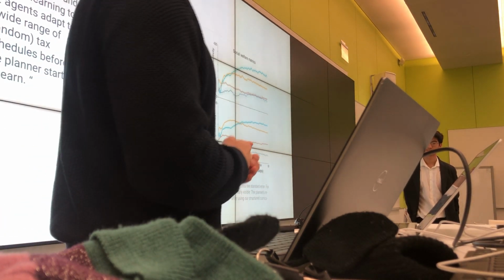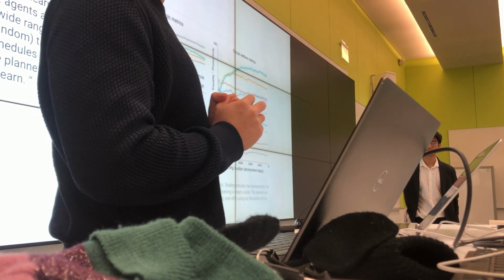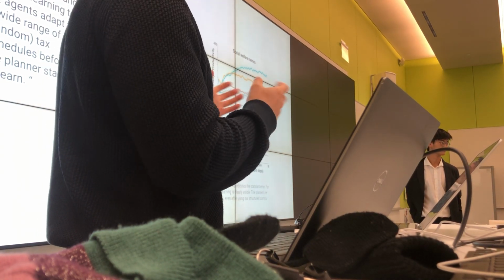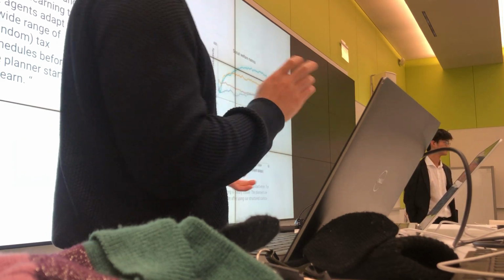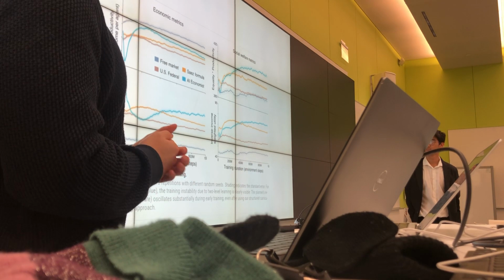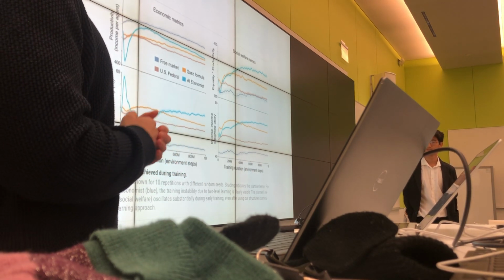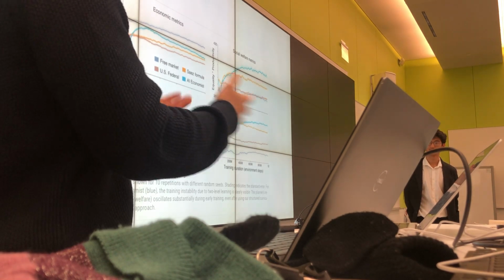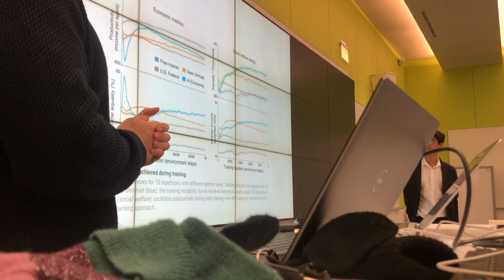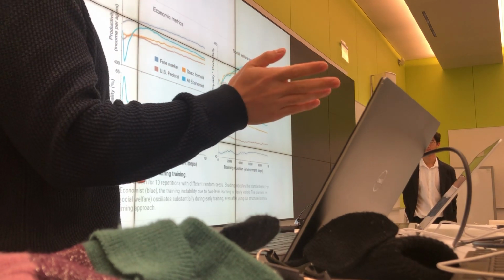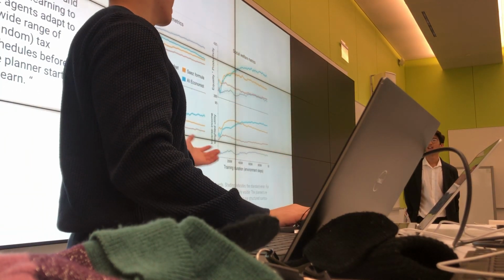And then the third learning curriculum that they use is that, at the very end, they remove the level of planner entropy regularization. What this means is they basically allow the planner to converge to an actual tax schedule, rather than with the entropy having it continue to be ambitious and explore new actions.